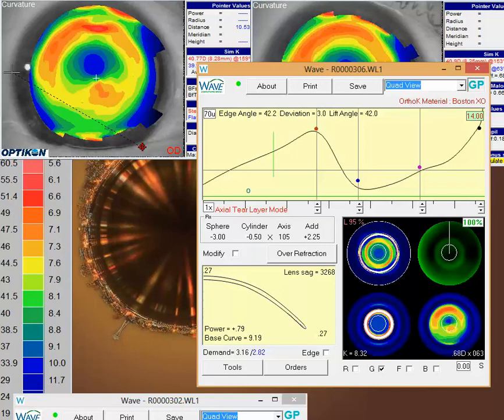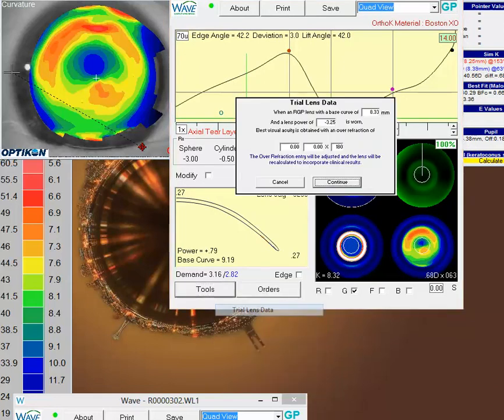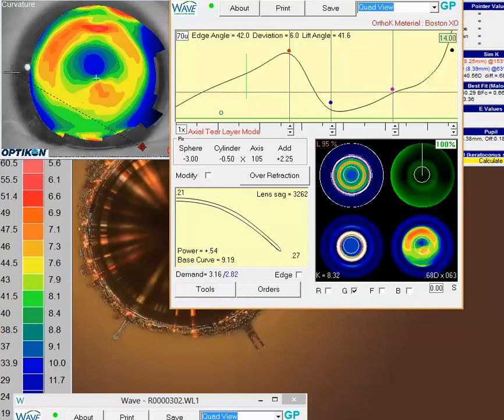Another tool you'll find helpful when you're fitting these lenses, usually what I try to do, especially if it's a new rigid lens wearer, when they're in, I also take a known spherical lens that I have in my fitting set and place that on the eye and just get an overrefraction over that. And then there's a little tool under here, if you haven't found it yet, it's called Tools. Let me move this up a little higher so you can see it. Tools, Trial Lens Data, and you can enter that known lens quantity here, base curve and power, and add in your overrefraction over that lens and hit continue, and that will actually adjust the overall power of the Wave lens to adjust for any discrepancies you may have had here in the refraction versus the